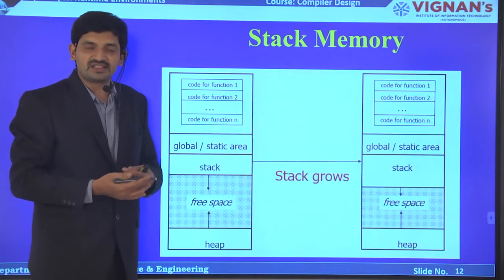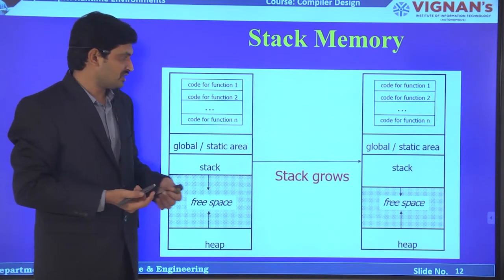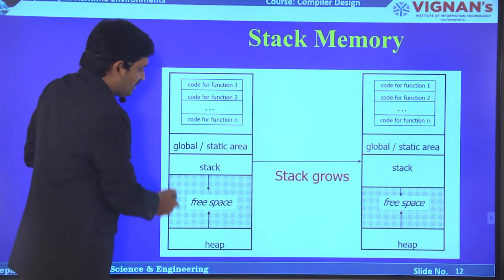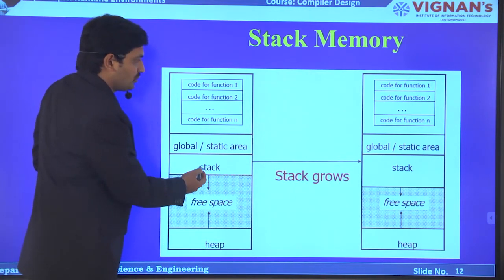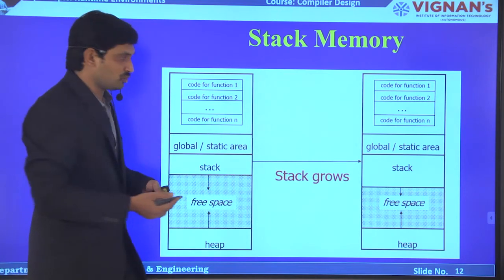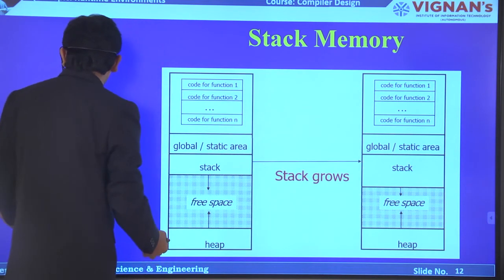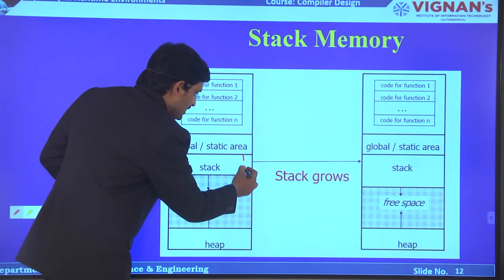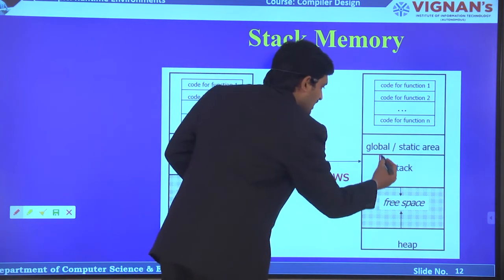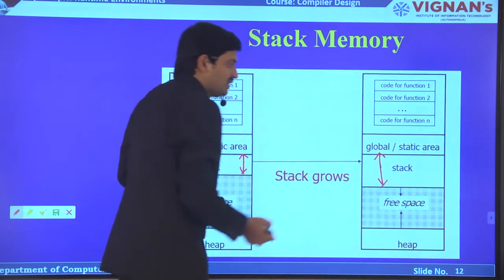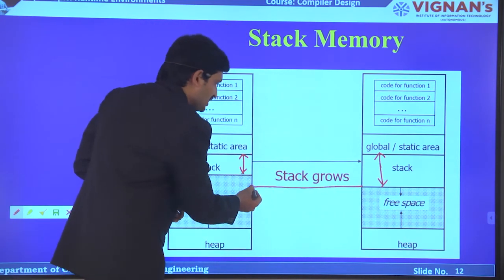As we discussed, the stack is going to be used when there is a procedure or function call. So this is the basic logical address space. So this is the stack and this is the heap. When there are a number of function or procedure calls, this stack portion is increased. You can clearly observe here the stack is very small, but here the block for the stack is very large. That means it is increasing, and that means the free space is shrinking.